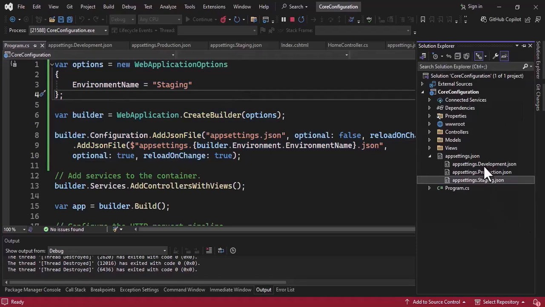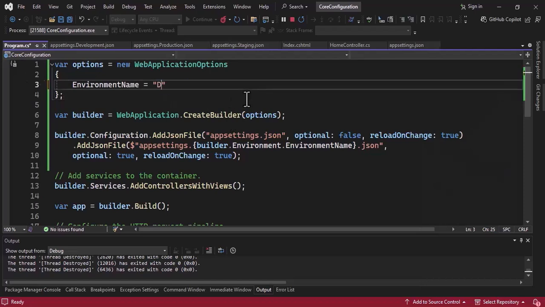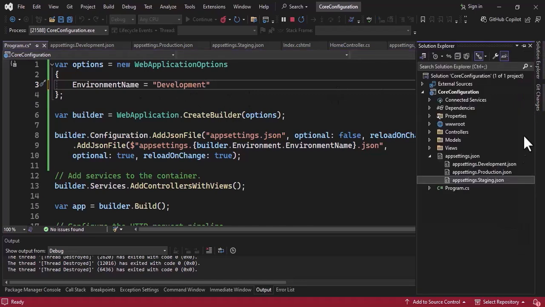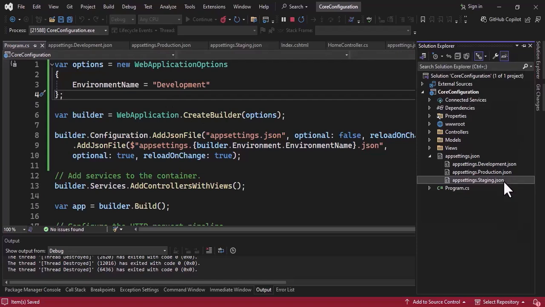And this development is for developers. When developers are developing their project, they will load development configurations. But by default, the development configuration is loaded by itself. But if you want to load staging or production, then you need to load it from program.cs. And that's all about the configuration files